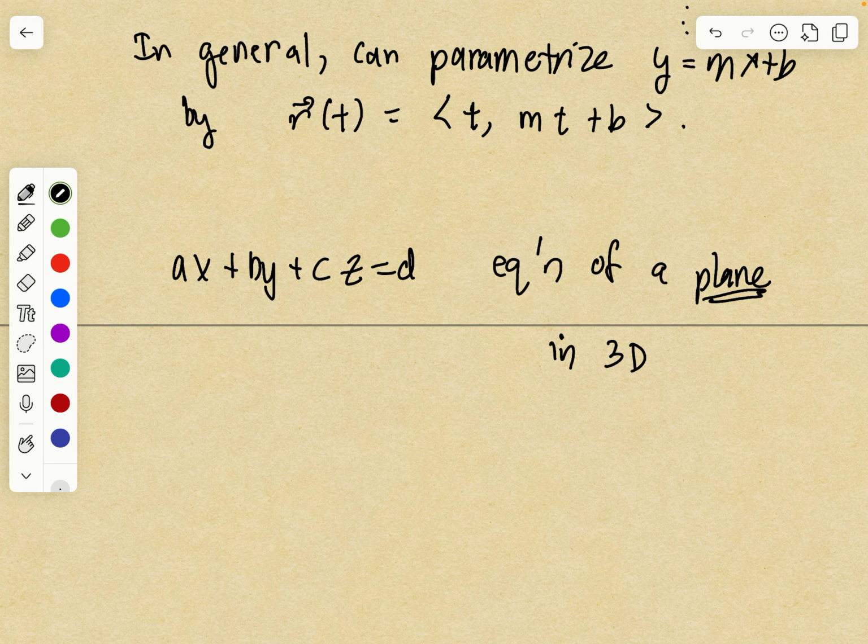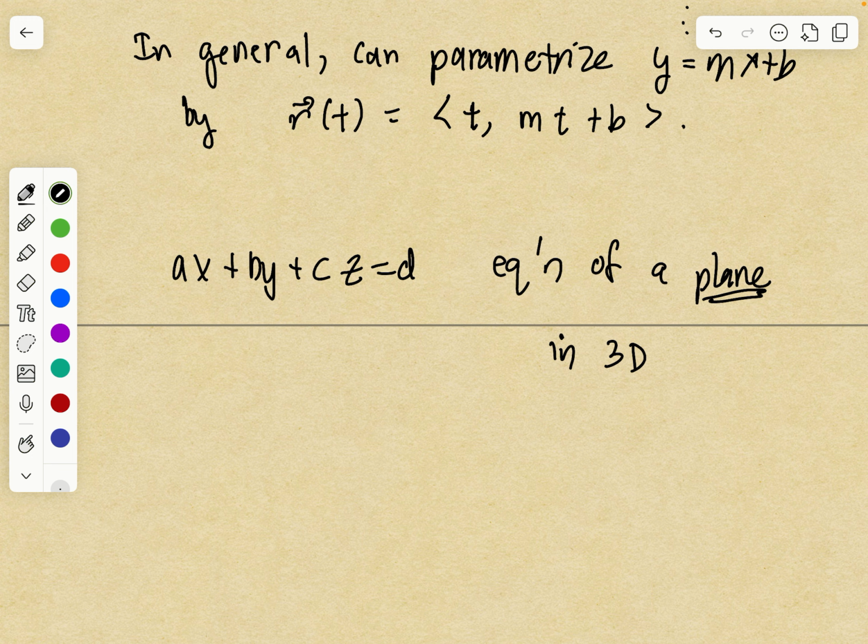So when n is 2, 2 minus 1 is 1, you get a one-dimensional object, that's a line. When you have n equals 3, 3 minus 1 is 2, you get a two-dimensional object, that's a plane. And if n is 1,000, and you had the points that satisfy a linear equation with 1,000 variables,